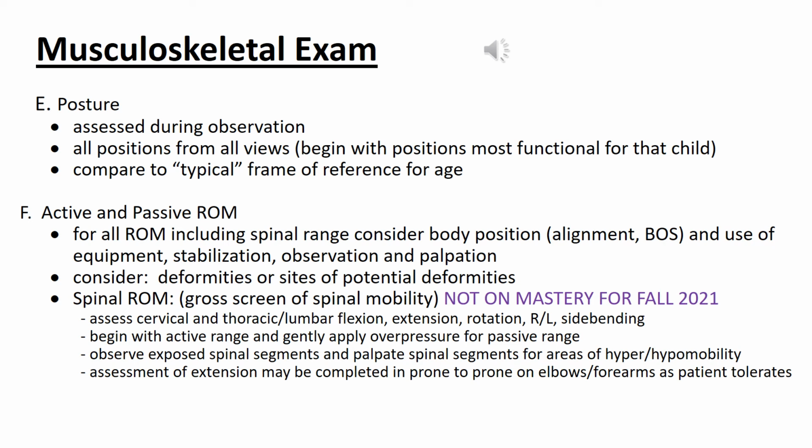So depending on that child and their capabilities in balance and postural control, you may need somebody to sit by the child or to assist you in ensuring their safety if perhaps their parent is available to participate in that assessment. You're going to want to look at posture from all vantage points in a variety of planes, and this is